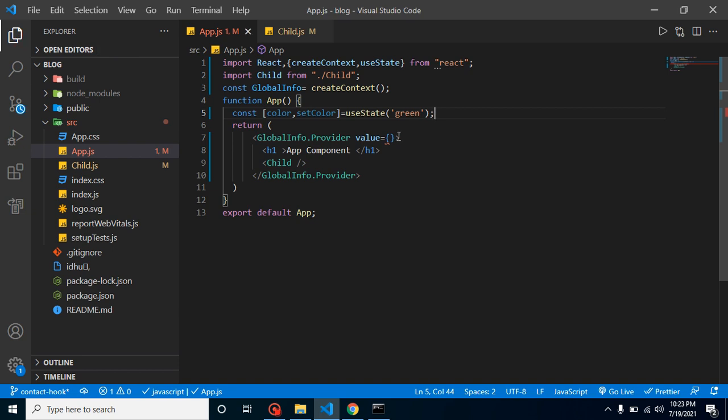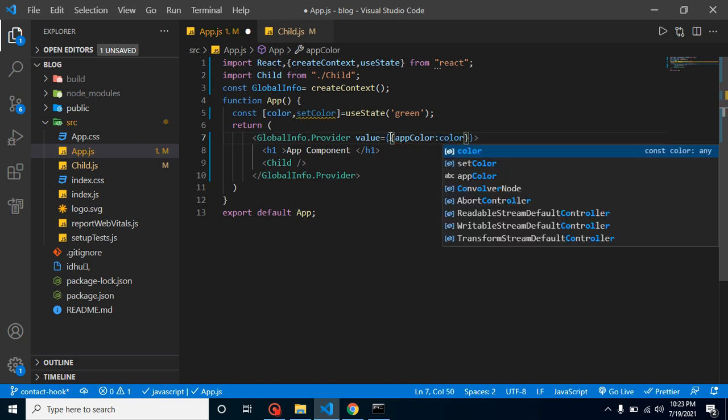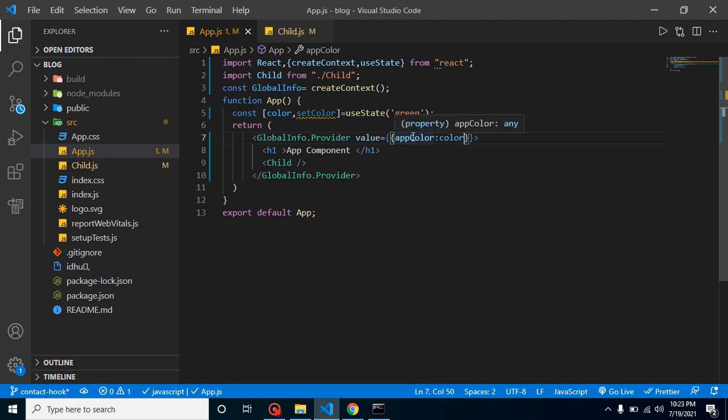And now let's pass this color to our value. So I'm just putting here appColor, so that you don't have any confusion between color, appColor, and color. We can also pass it like this, color into color, but maybe it will be confusing for some guys. That's why I'm just putting here appColor.